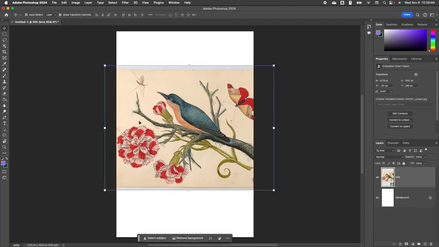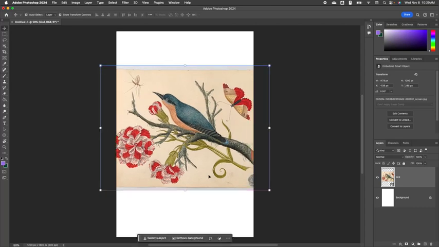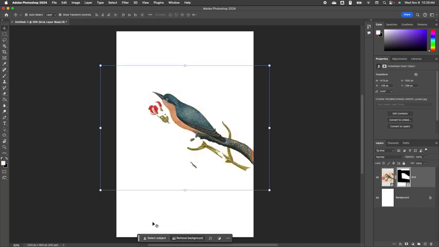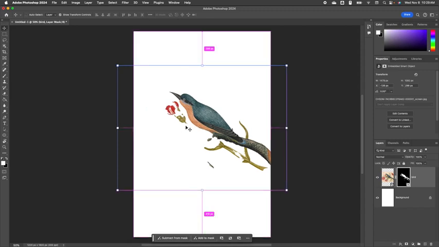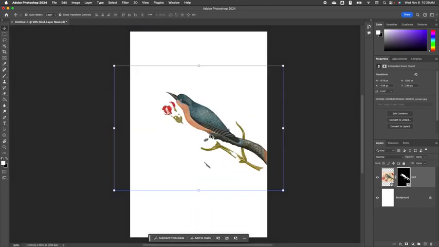I'm going to let Photoshop try and do some of this work for me. So I'm going to hit remove background, and then you can see we're missing some of the key elements of this bird, like some of the feet. Perhaps I still want some of that branch, and then it's cutting some odd parts out of this other item here. So to get some more control over your masking, you can just work in this space using the paintbrush,